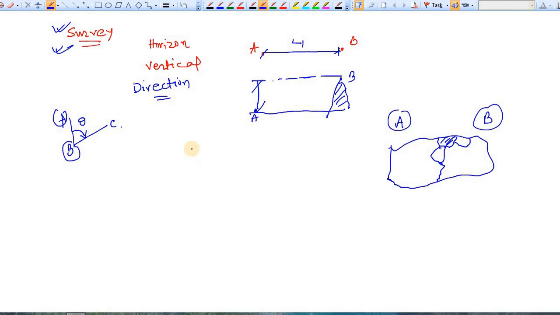Let's say you have some river. This is river Z. Now you are supposed to make it navigable. Of course, to make it navigable you need certain depth. So to measure this depth also you need to use your surveying. Now as a civil engineer, why you need to study surveying?